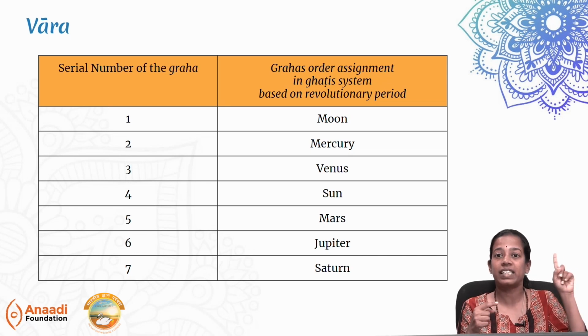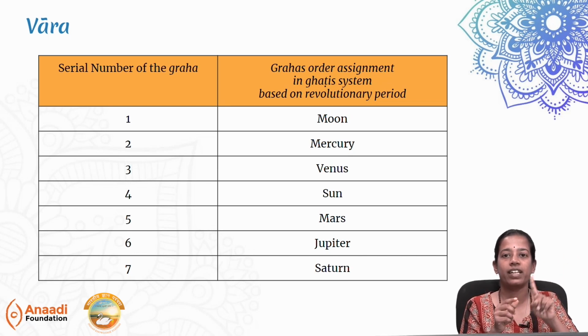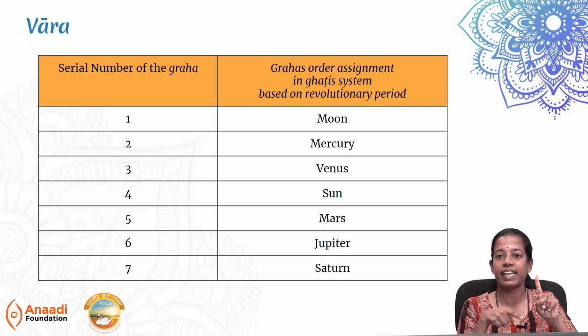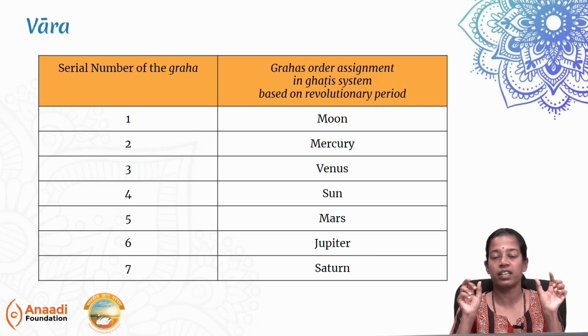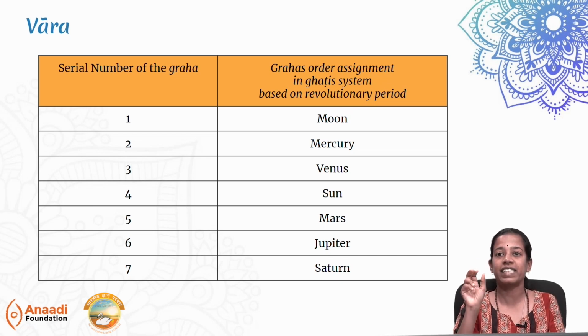61 means it is a new day. This new day, the first Gati will get assigned to Mars. This is the cyclical Gati system for ordering the days. So, if it gets assigned to Mars, what does that mean? The first day started with Somavara, first Gati is to moon. The next day becomes Tuesday, which is Mangalavara, and the first Gati of the Tuesday gets assigned to Mars automatically through this cyclical system. I hope I am making sense.